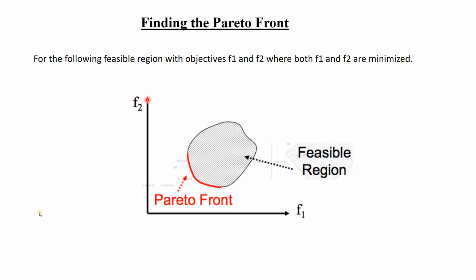Suppose you're designing a fan, or say an induction motor. The objective should be that your cost should be very low, but that should not sacrifice the efficiency. So your power loss will also be less. The induction motor should be designed in such a way that it does not have too much power loss in terms of heat, or constant loss or running loss, whatever. So f1 is cost, f2 is the loss. So both have to be minimized.